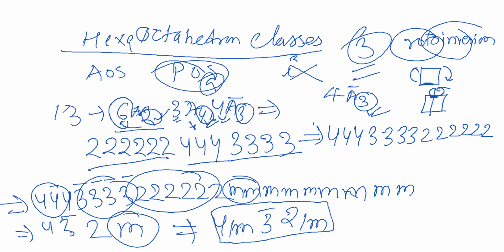If you have any queries, please do let me know. Type in your comment box. I'll explain one more time if you have any queries related to this. Is it clear? In the similar way, we have to calculate the HM symbol for all the 32 classes of the 6 or 7 crystal systems. Hope you understand how to calculate these. There are so many methods by which we can calculate it, again by different methods as well.